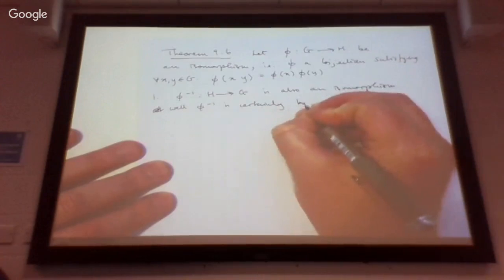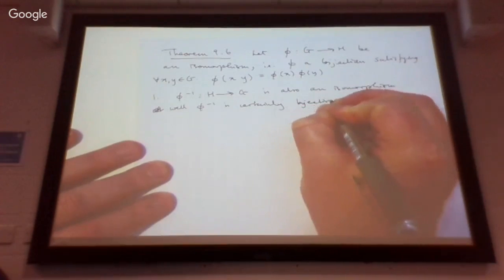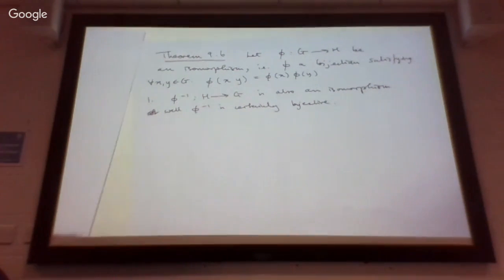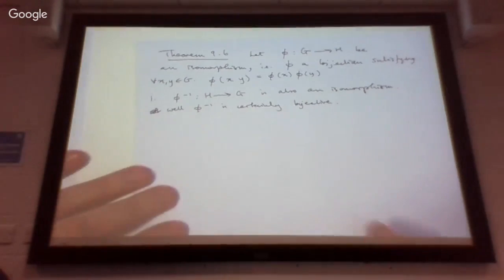Okay? If the map phi is 1 to 1 and onto, firstly, that means the inverse map exists. But secondly, the inverse map will also be 1 to 1 and onto. The only other thing then is how are we sure that it also satisfies the isomorphism property? Well, if we take